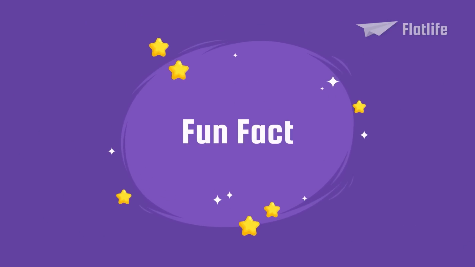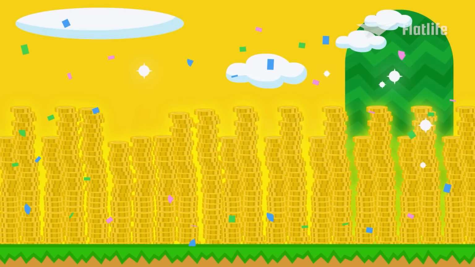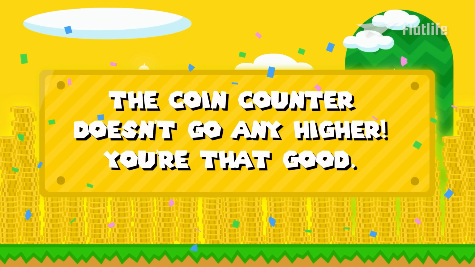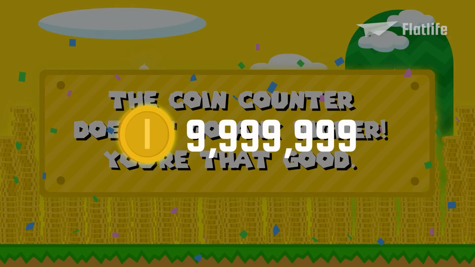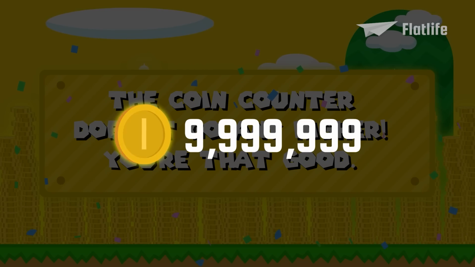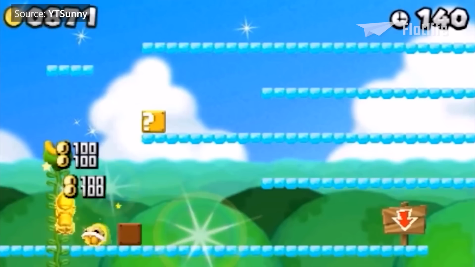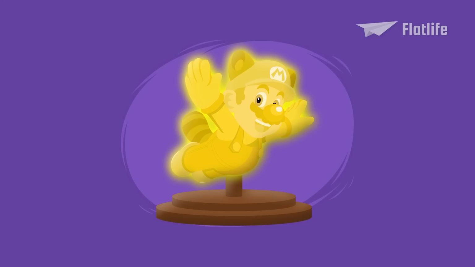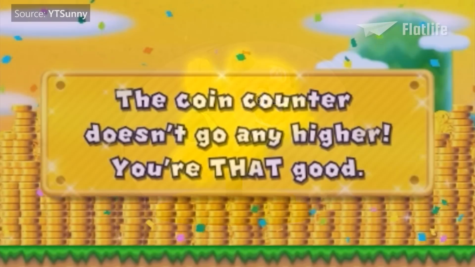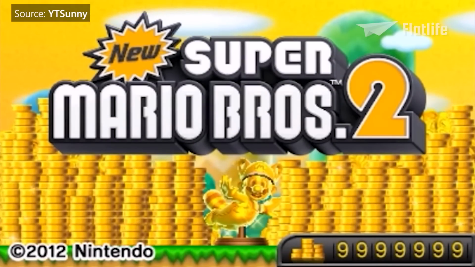Fun fact, while the reward for collecting 1 million coins was always made clear, there is, in fact, a different reward available for maxing out the game's coin counter at 9,999,999 coins. Players who have the patience and dedication to achieve such a feat are instead rewarded with a gold raccoon Mario statue. It's a nice touch from the developers, but whether it's worth all that extra effort, I'm not